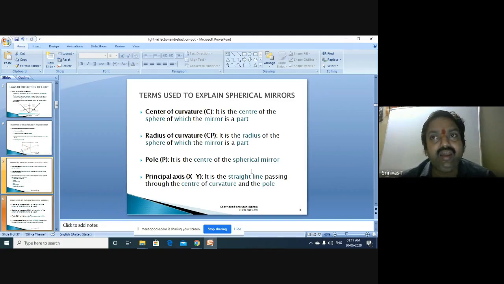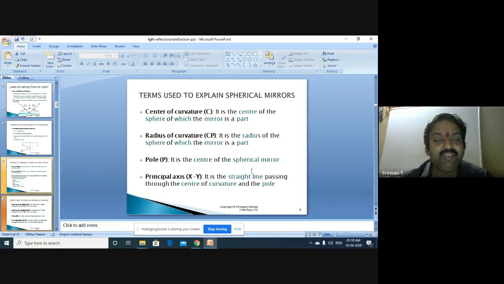If you take a concave or a convex mirror out of a spherical mirror, and extend the surface to complete the spherical path, you can easily get the curvature on which we assume the concave or convex mirror. Taking that curvature as an entire circle, if you locate the center of that circle, that becomes the center of curvature. So whatever curvature is extended forms a circle, and the center of that circle is said to be the center of curvature, represented by the symbol capital C.